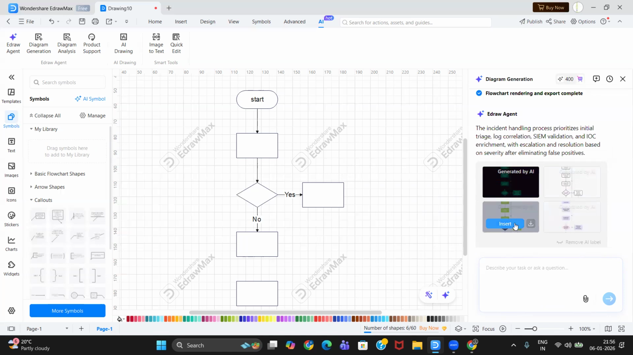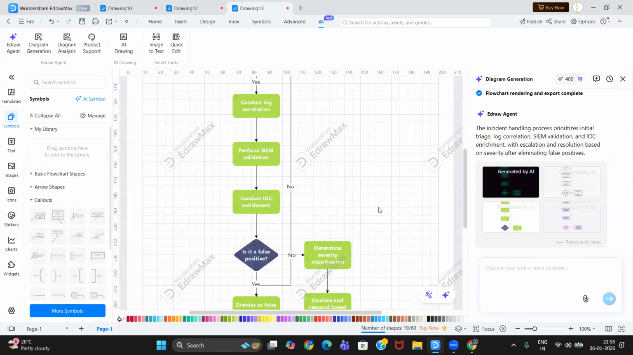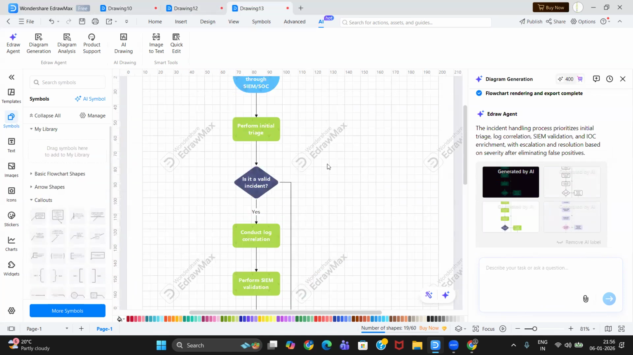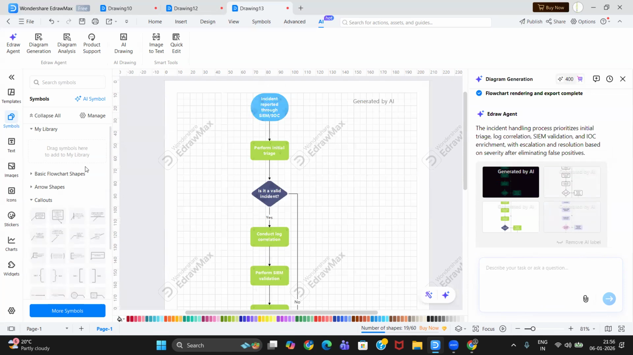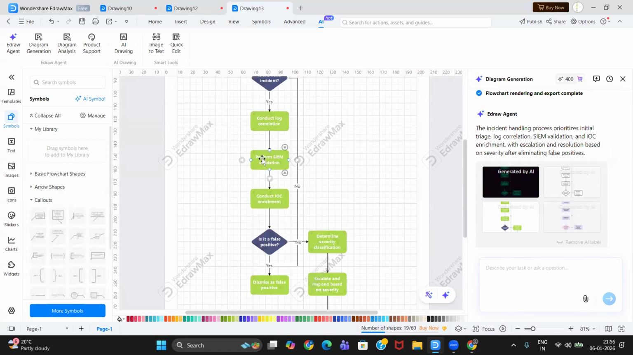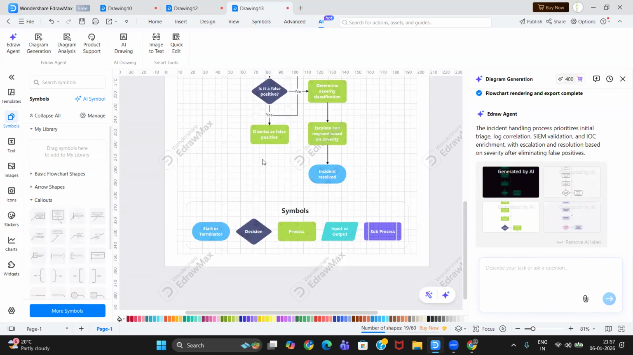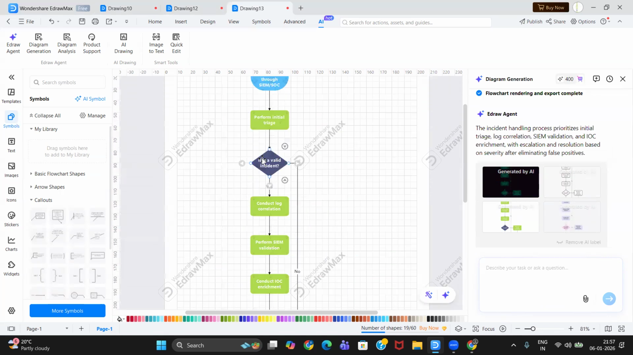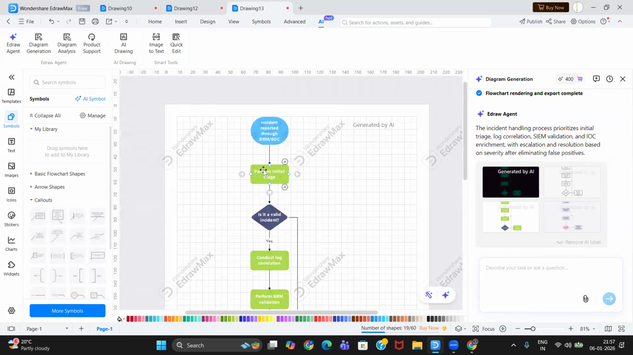Let us say I'll choose this one. How is it going to look? See, without much pain, even without drag and drop, it has created a wonderful flowchart for us. So I can even edit this text